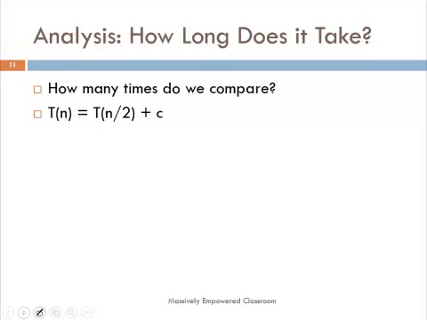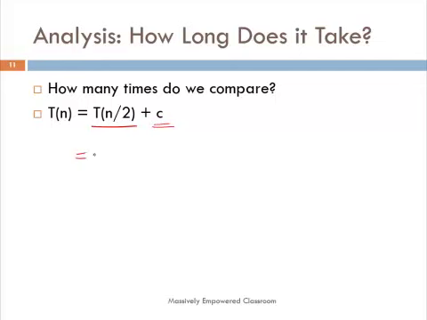We have already looked at recurrence relations of this type. So T(n) is T(n/2) plus a constant. Why is it T(n/2)? Because I divide the array into two equal halves. I discard one of them. We only consider the other half. Right? So there is only one T(n/2), and there is no cost for combining the solutions to the sub-problems. That is constant time.